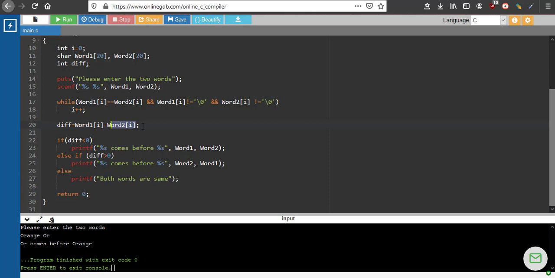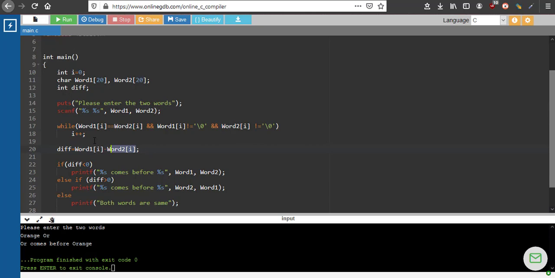You have to always remember that the ASCII value of backslash 0 is 0. It is the lowest ASCII value. So this will become a positive number, and when it becomes a positive number, word 2 should come before word 1. So the idea is that the ASCII value of backslash 0 is 0. I hope this is clear.